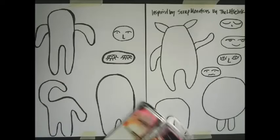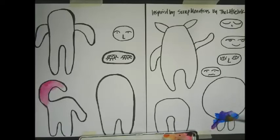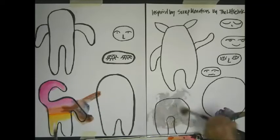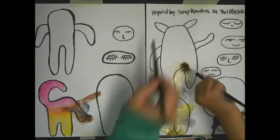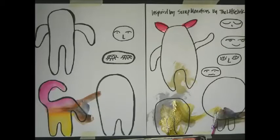So here I am with my daughter, and she's on the right and I'm on the left, and it's kind of fun to watch her paint too. We're using watercolors, and I just used some cardstock, and she gets really dark with the watercolors. I think there was a black in the watercolor, and so it just kind of made everything really dark, but she really enjoyed it, just kind of like coloring in a coloring book, but with